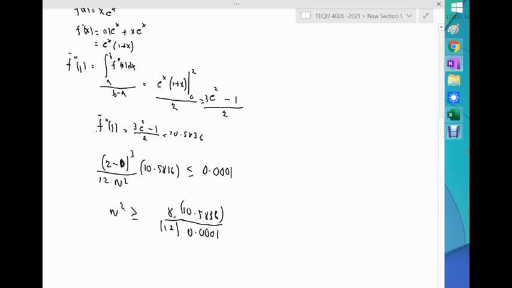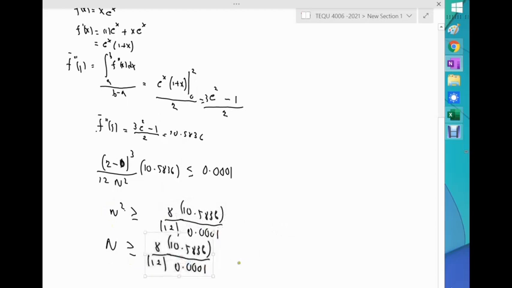So if I take the square root of all that, n has to be greater or equal than,